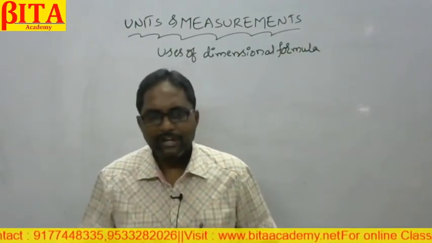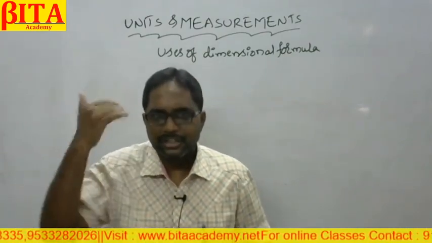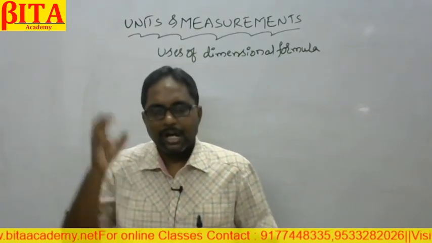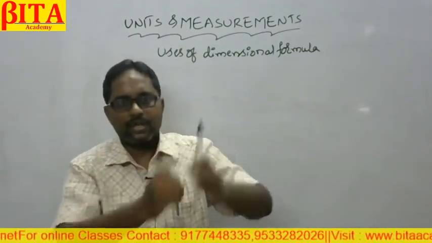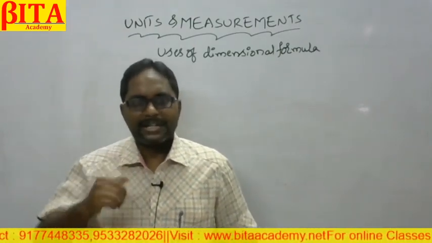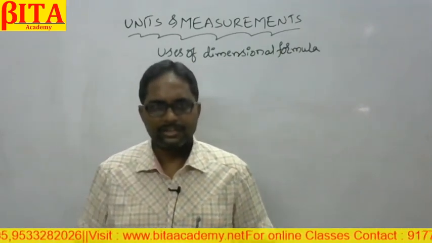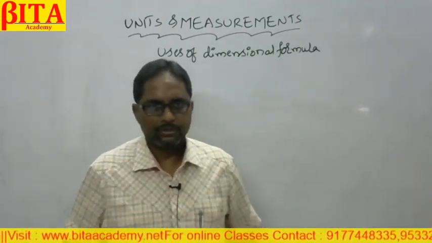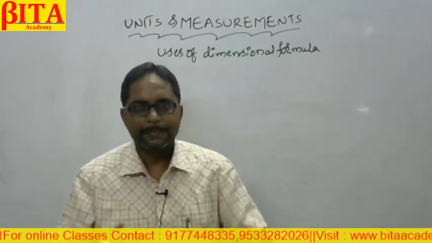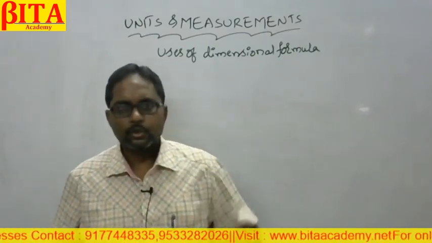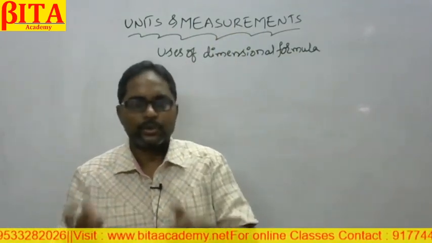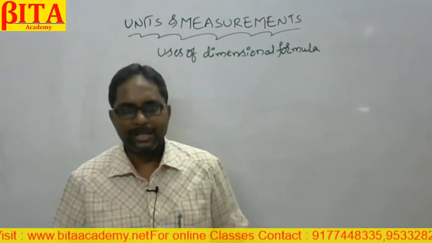So whenever you want to express a derived physical quantity, fundamental physical quantities will be there in it. And how much of each fundamental physical quantity is present in that particular derived physical quantity will be expressed by an equation, and that equation is known as the dimensional formula. Let me repeat again. The dimensional formula is an expression which tells us to what powers a fundamental physical quantity must be raised to get that particular physical quantity.